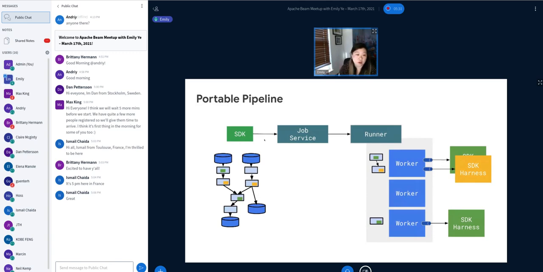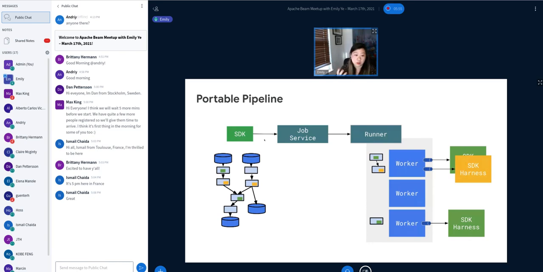To give an overview of what that looks like in a portable pipeline, you've basically downloaded the SDK in a language. We'll be talking mostly about Python, because that's where our support is focusing right now for custom containers. So you download your Python SDK